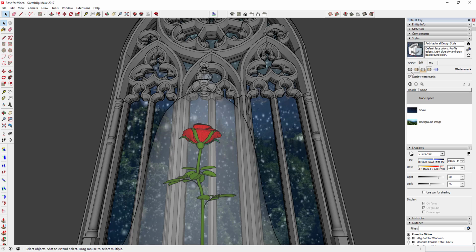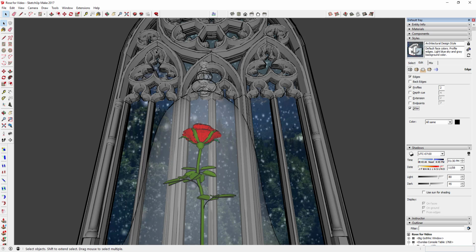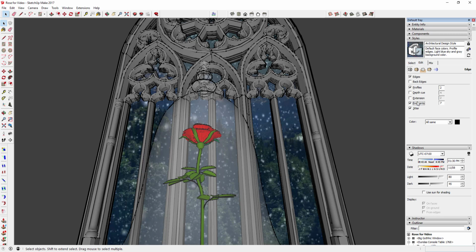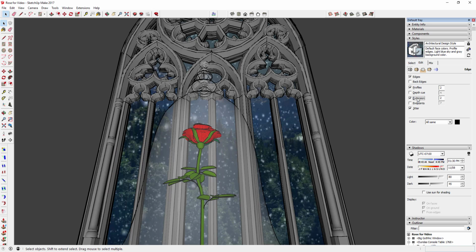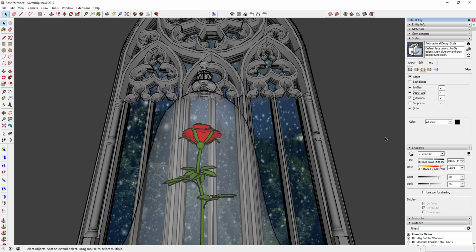So what I want to do is come in here and start editing some line type, some line visibility. First of all, I want to turn on jitter. You can see how as soon as you turn on jitter, all of a sudden your lines aren't as precise as they were before. Then you can also come in here. I don't think I want endpoints, but maybe a little bit of extension. You don't want back edges, maybe a little bit of depth cue, but you can see how already